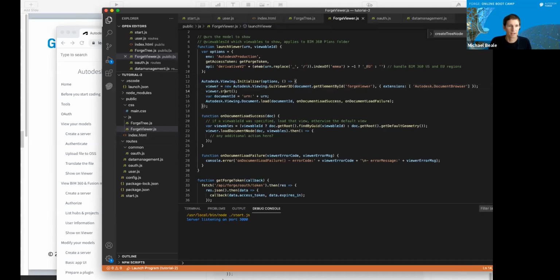Okie dokie. Next part. Once we've initialized the viewer, we set it up for using a user interface control. There's a headless version. And the next part is we start the viewer. This is where we now have all of the WebGL resources and we want to activate it. And then we've got to tell Forge Viewer, hey, I want you to load